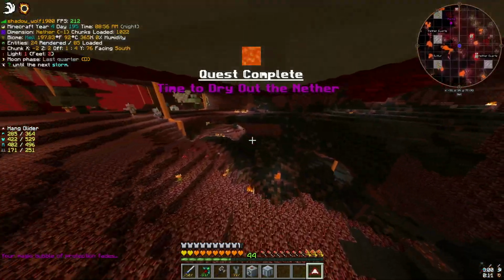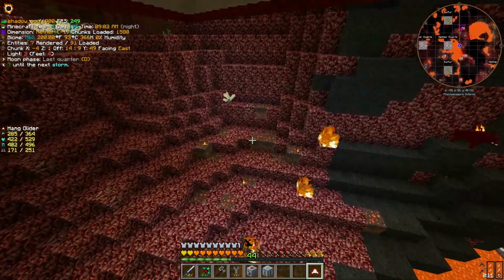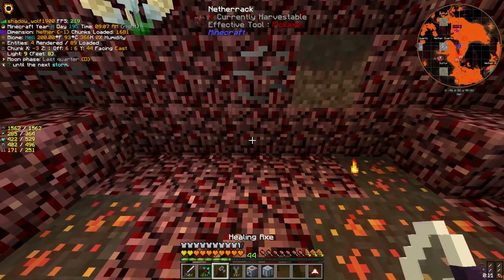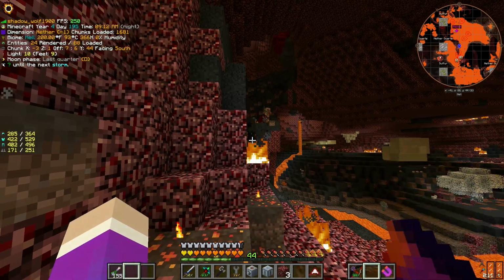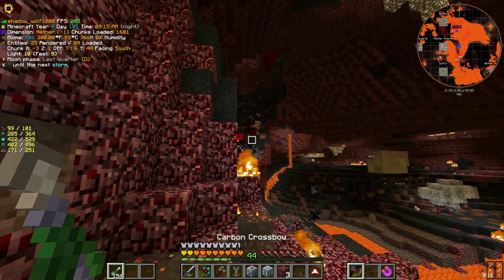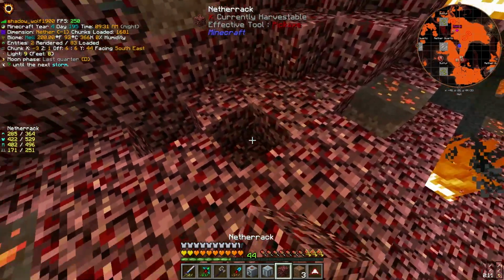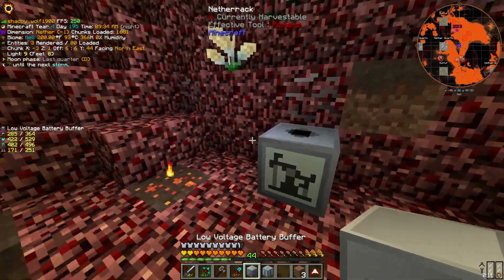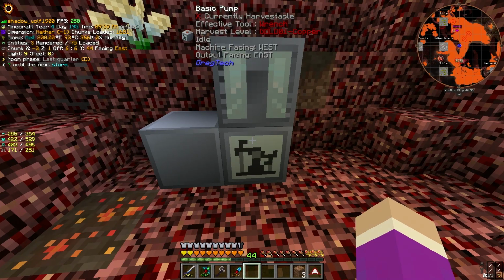Time to dry out the nether. All right, we'll set it up down over here somewhere. Probably like right here should do. So same thing again. Just need to get a clear direct line up to the lava source. Get rid of any obstructions. It's nice now that we have fire resistance. We don't burn if we touch stuff, but fluid tank or pump,